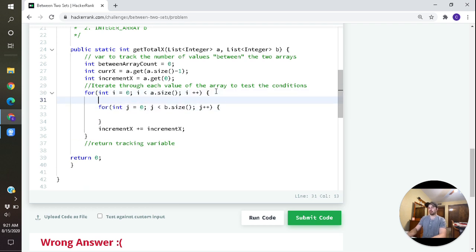We're going to do if the current x modulus, current is modulus